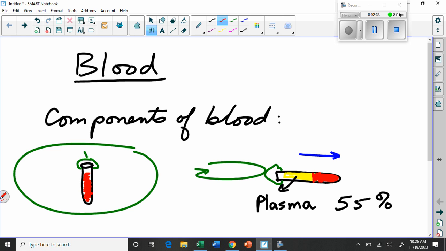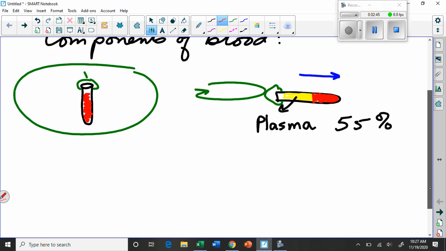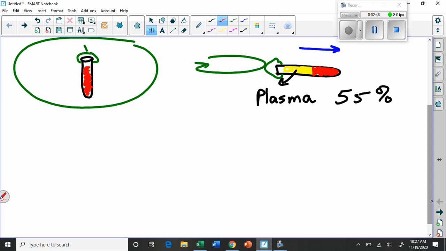Okay, and plasma is mostly water. It might have things like dissolved sugars and salts and other things that might be in the blood, but it's pretty much water, about 80 or 90%. Now, the stuff that's left over, the red stuff, is divided into three different types of cells that we notice in here. There are red blood cells,